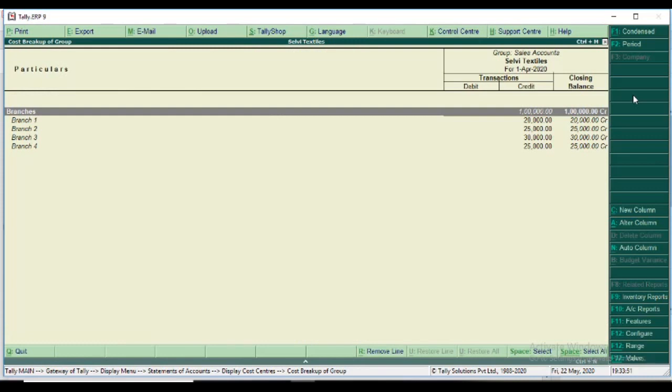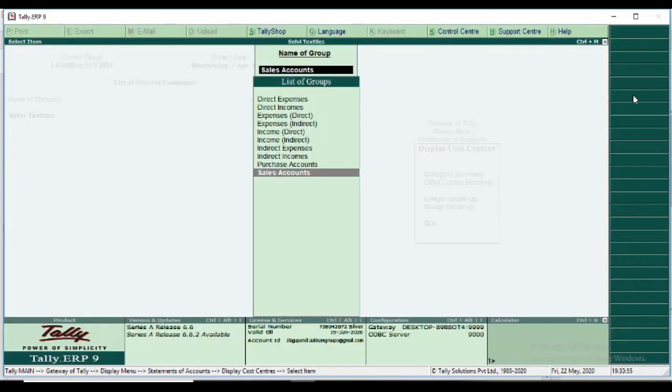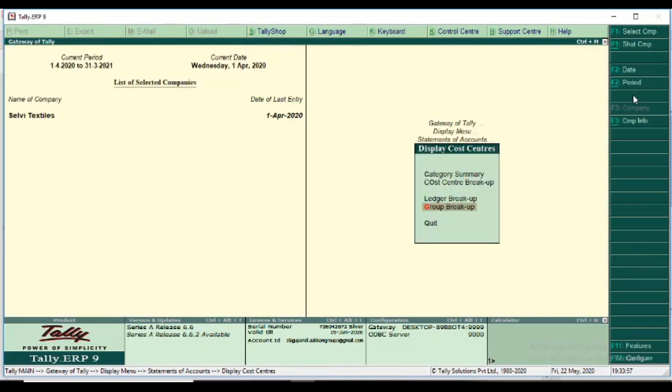Sales is in the sales group. So the cost centre has 4 reports.